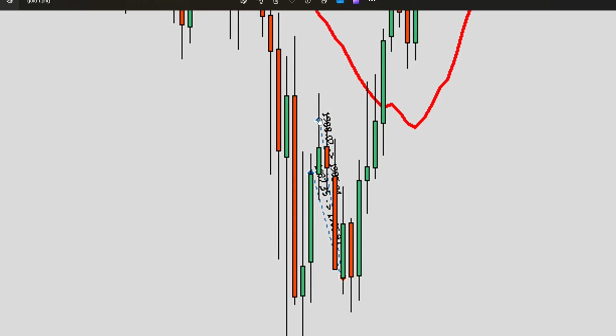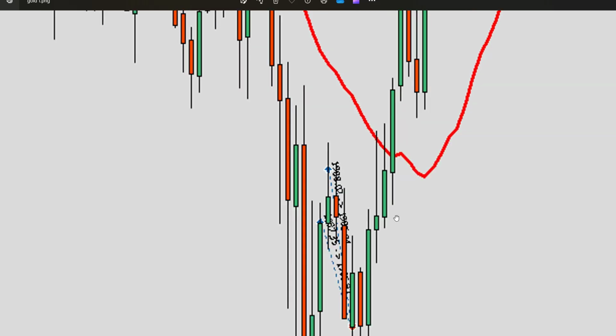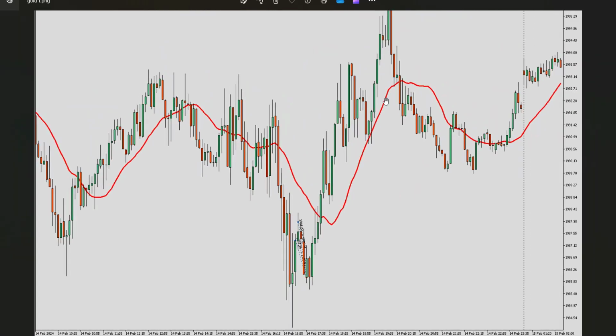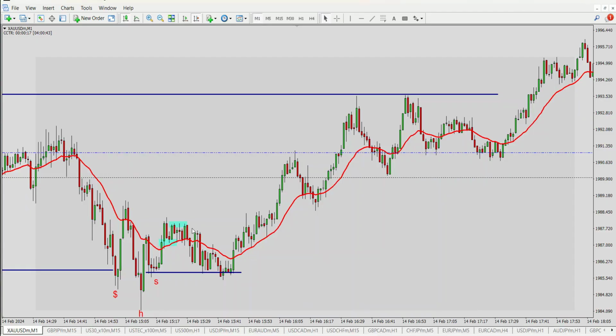On a 5 minute they came down, and then they gave another engulf. Here the head and shoulders pattern wasn't really complete. It was complete on a 1 minute time frame, but on a 5 minute time frame they gave a W. Still, it was a loss, but I wasn't really bothered. My target was 50 pips. Let me show you my target. Even when I took it here, my target was 50 pips. So I didn't really take it back to the high,